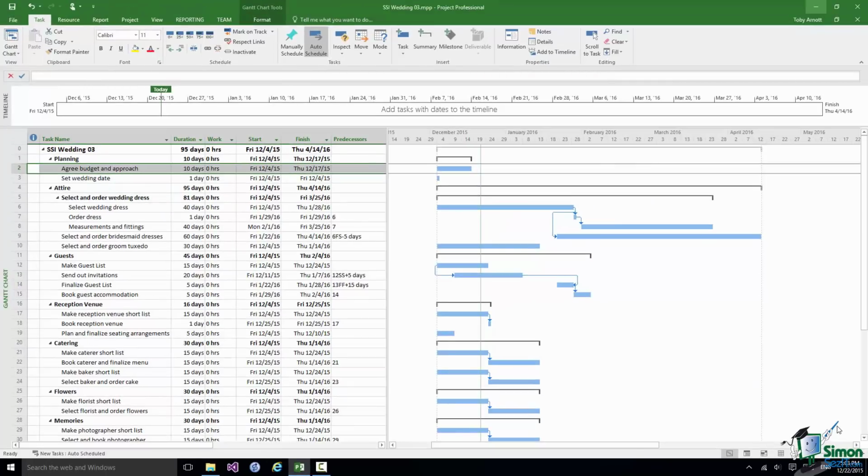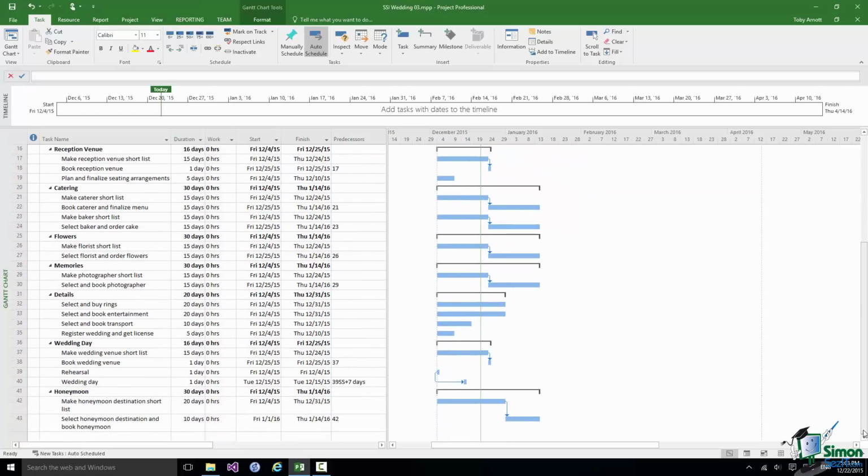Now, it may look from the current plan that we could get this wedding through very, very quickly. But as you can see, one of the main issues is that we're doing everything all at once right at the start of the project. And in reality, that's not what would happen. There just wouldn't be enough time in a short period of time, in this case a few weeks, to do all of those things at the same time. And as we'll see later on in the course, there are various reasons that will force us to spread these activities out over time. But for the moment, I want to just leave the plan like this, except for adding a few dependencies